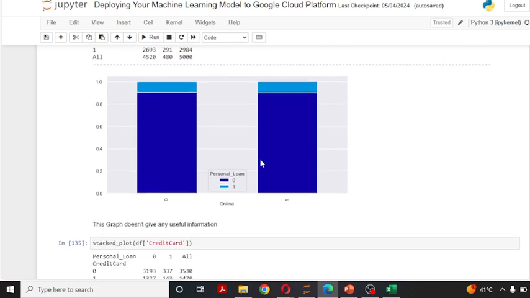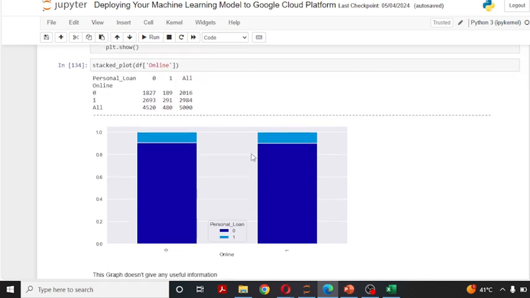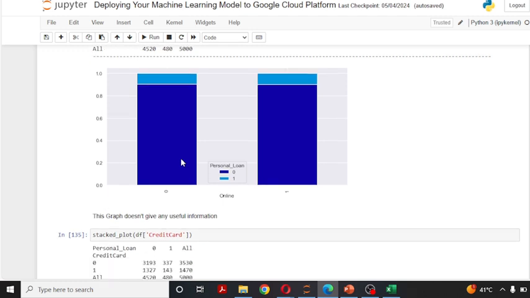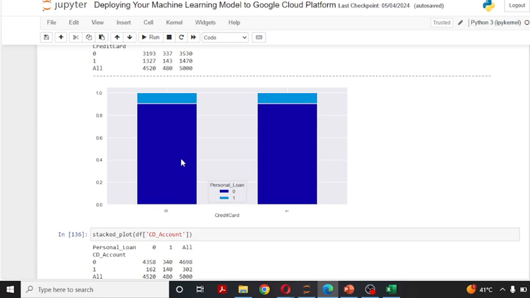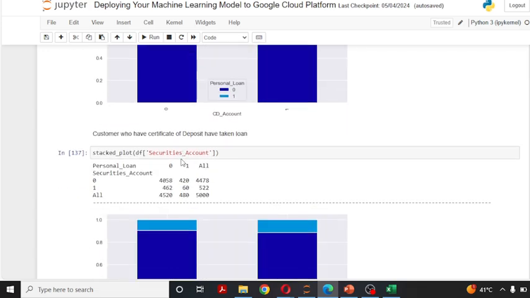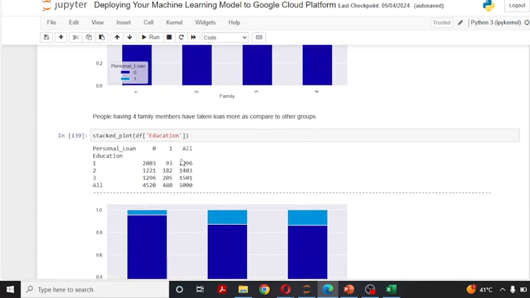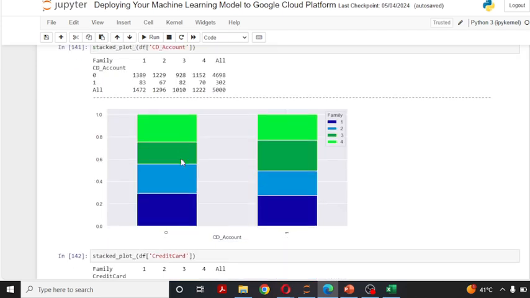So now the personal loan. Personal loan is our dependent variable, to give him a loan or not. If we give a loan to the person who has the online banking facility, one means they will pay back the loan, zero means they will not pay back the loan. So this is the distribution we can see here. Same way, I am going through all the variables. Once I perform the EDA,